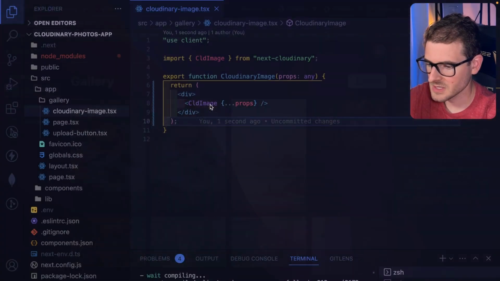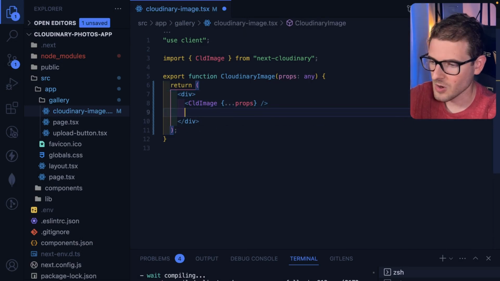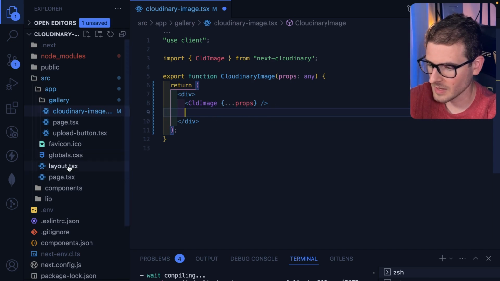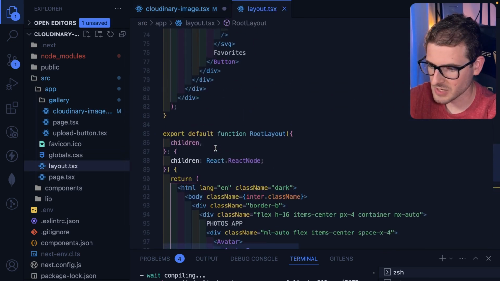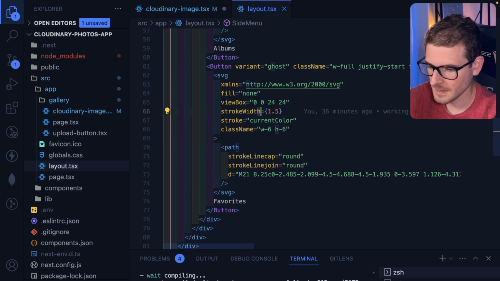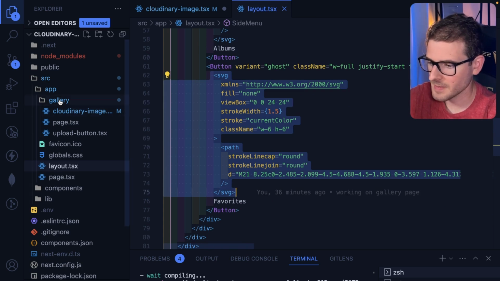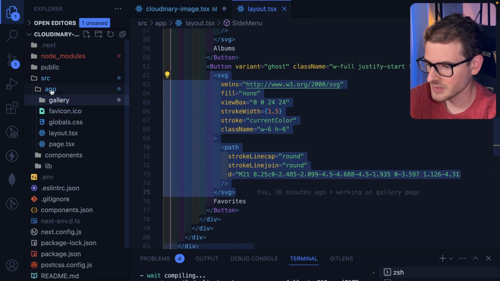All right. And the reason I'm adding a div here is so that I can add a heart. So I'm going to add a heart icon, which I do believe we already have somewhere. We added that on the layout. We have an SVG for the heart. This one. And so that we don't copy and paste this SVG in two different places, let's just go ahead and make a components